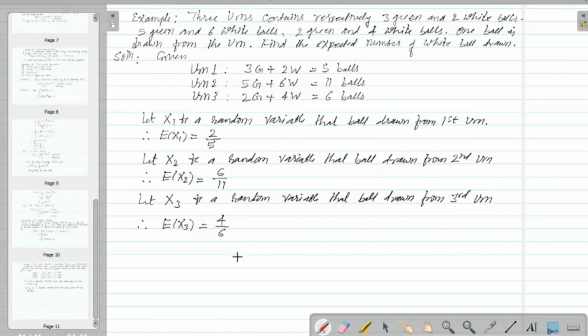Now what? 2/5, 6/11, how can we write 4/6? 2/3. Therefore the total expectation of drawing a white ball is given by